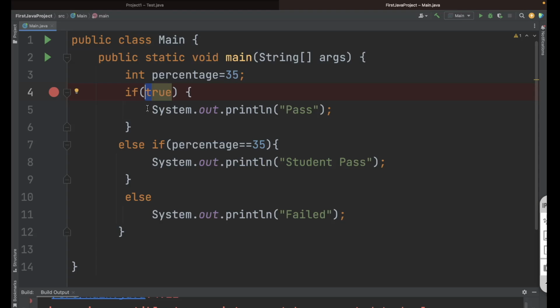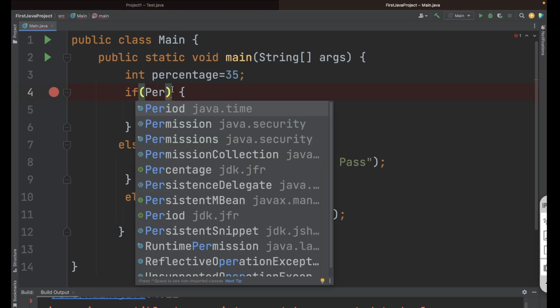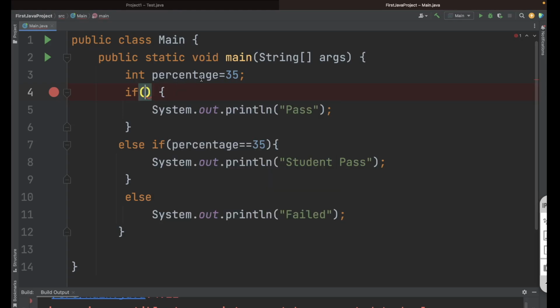If you try to write it in capital, then it will not be considered as true. So that is one thing. So let's make it as it was, percentage greater than 35. So that's about the if, else if, or maybe else.